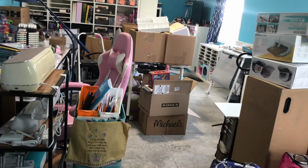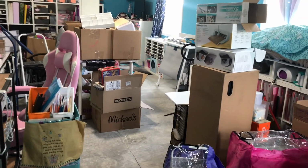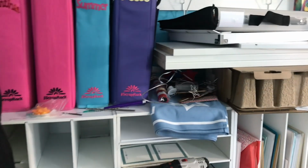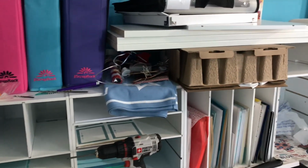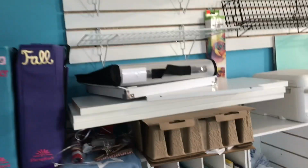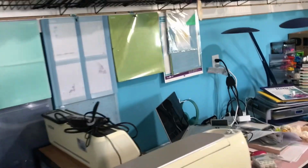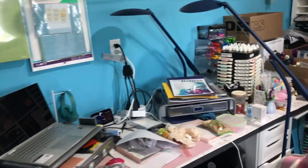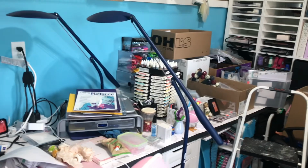Okay, time for another quick little tour of my craft studio. It may look worse than it did last week, but I had to bring a bunch of stuff in from the house. I think this area, other than I added one of my shelves there, looks pretty much the same. Maybe a bit more cluttered, just because, like I said, I've brought a bunch of stuff over from the house